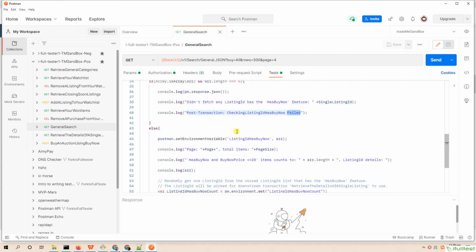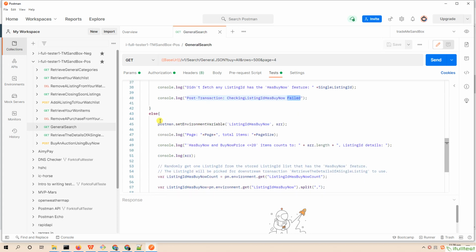If we fetch more than 0 listing IDs, we store these listing IDs to an environmental variable.